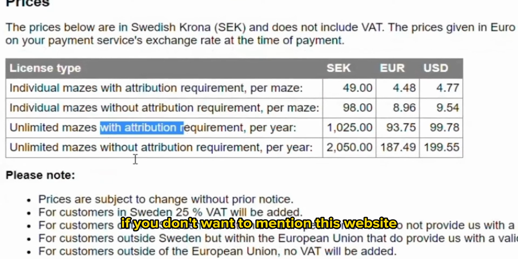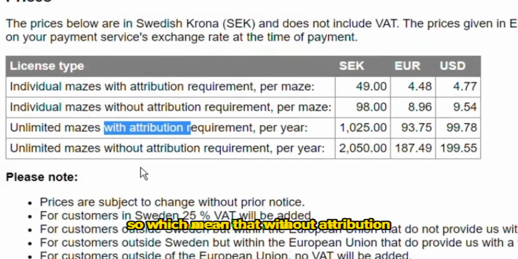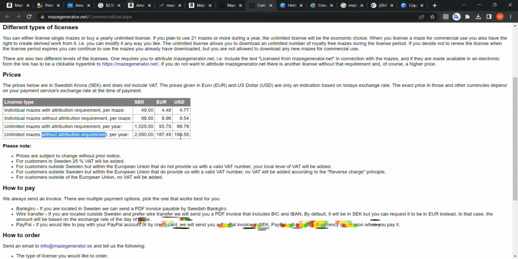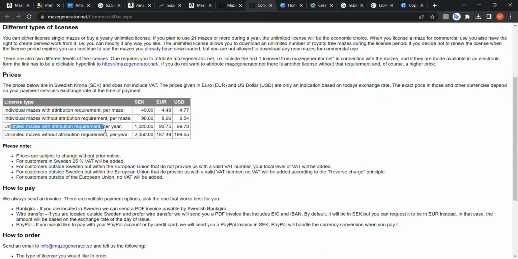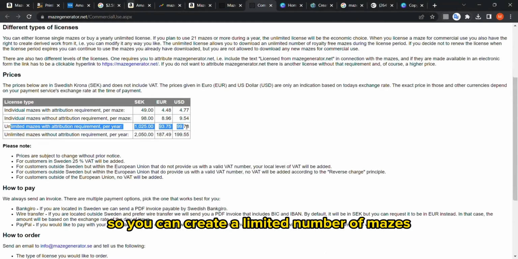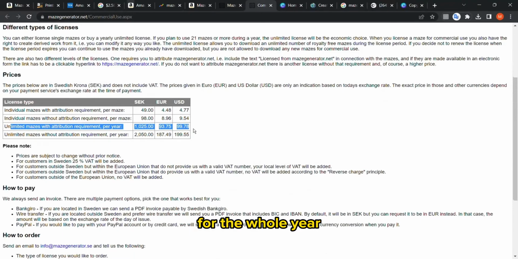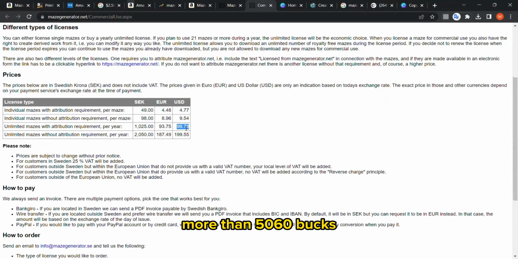If you don't want to mention this website, which means without attribution, it will be more expensive, of course, almost double the first price, so 199. So I think this is the best option. Unlimited mazes per year, so you can create an unlimited number of mazes for the whole year for only $99. So you can create maybe in that year more than 50, 60 books in the mazes niche in different categories